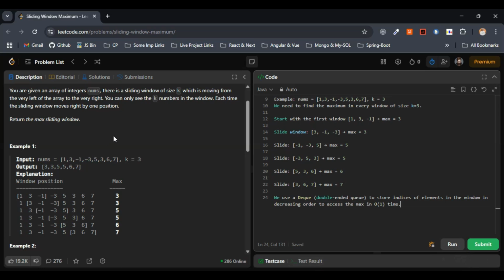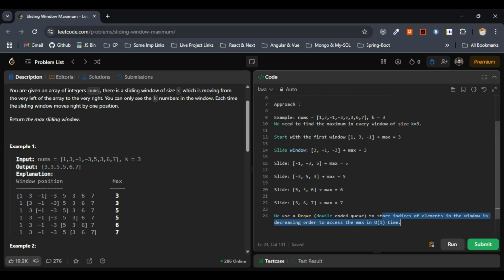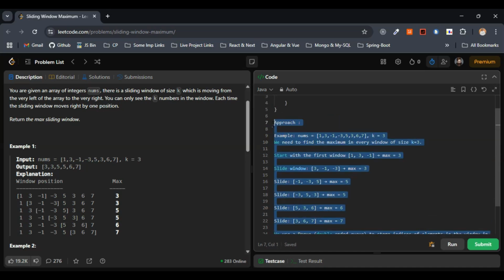Decreasing order means, here 3 comes first, then -1 and then -1, so that we get the maximum element in Big O of one time. That is the reason we are storing the indices of elements in the window in decreasing order, to access the maximum in Big O of one time. Simple, right? This approach we now have to articulate in the form of code. Before writing the code,